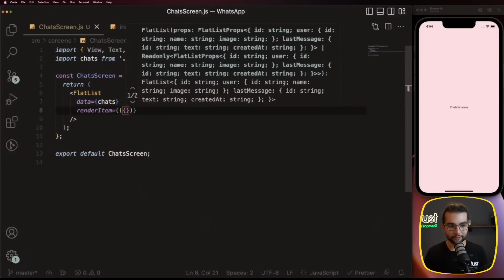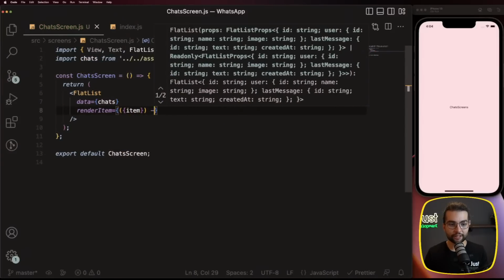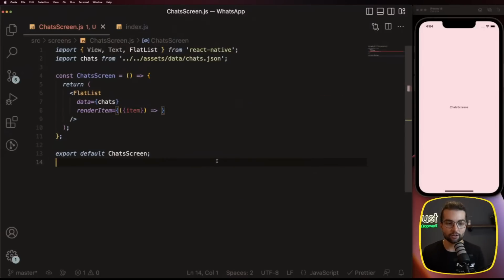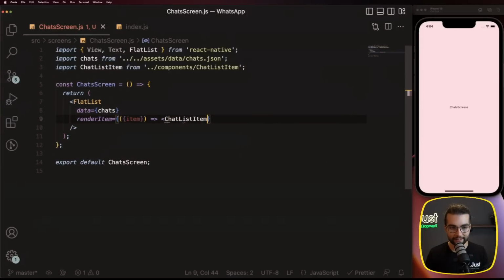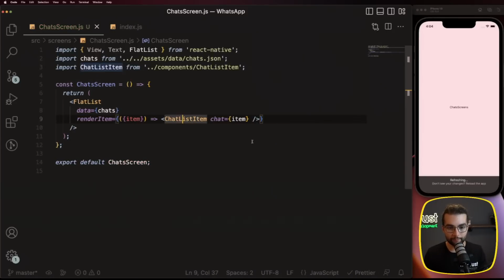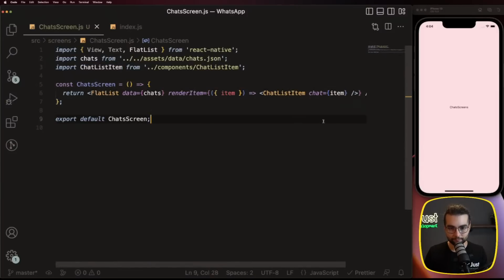So the function will receive the item, and it should return some JSX of what should be rendered for every single item. Well, we already developed the component that should be rendered there, and it's called ChatListItem, and it expects the chat property that will be specifically this item that we receive when rendering them. If I hit save,